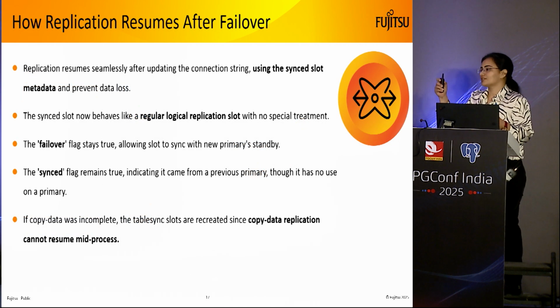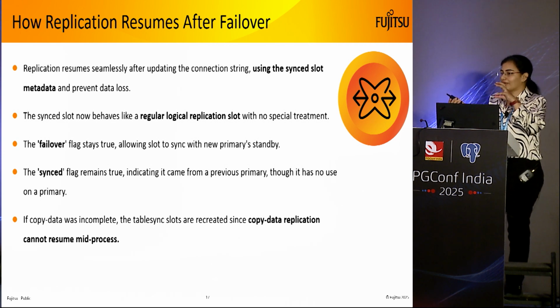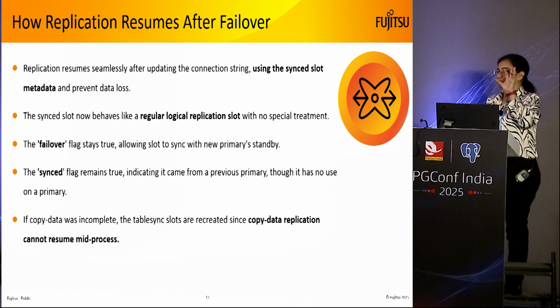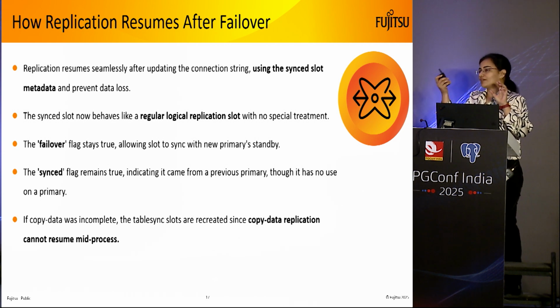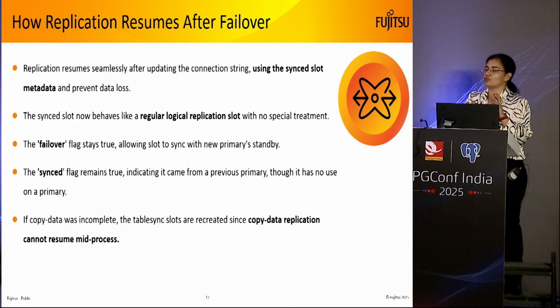So, once this connection information is updated, the standby node will now use those synced slots, because the subscriber will connect to their respective slots which were synced, and standby will use all the metadata information which we synced to resume the logical replication. So, now because standby is the primary, so these synced slots no longer are synced slots,